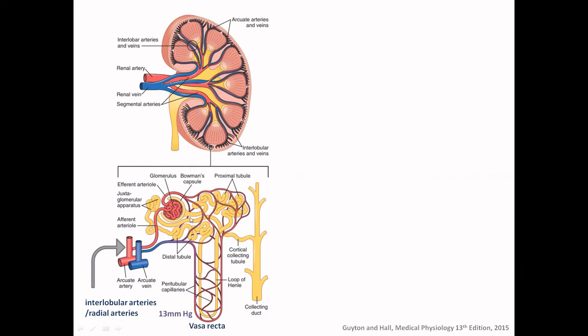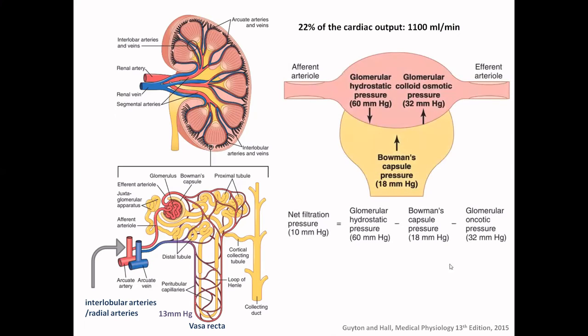So blood is supplied to the kidney, and it flows through the glomerulus and the loop of Henle as well as the proximal and the distal convoluted tubules, and finally the blood is drained into the renal vein. And this is how the blood is filtered in the Bowman capsule or the glomerulus.